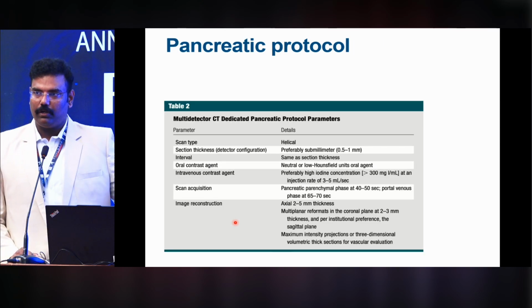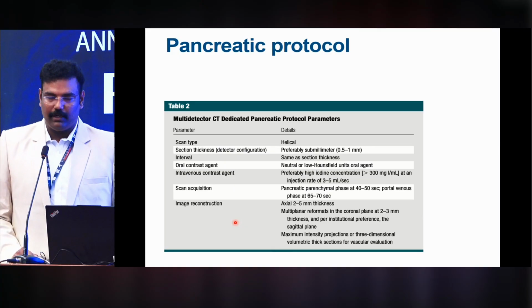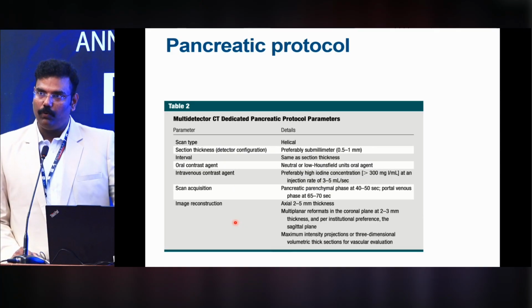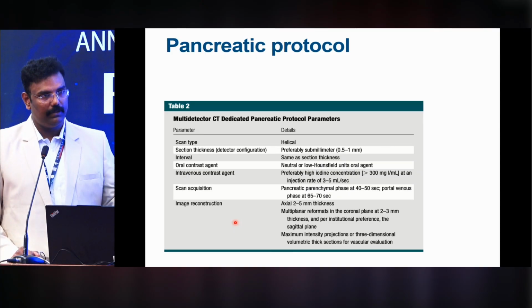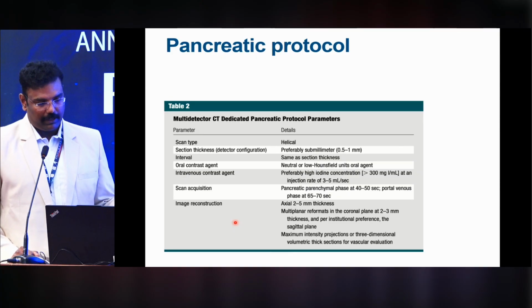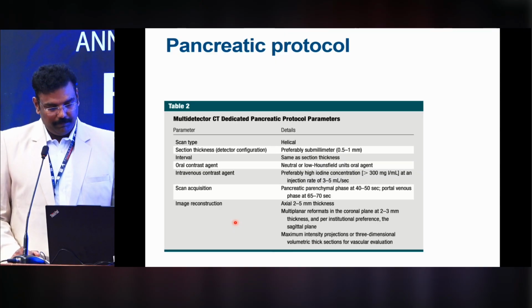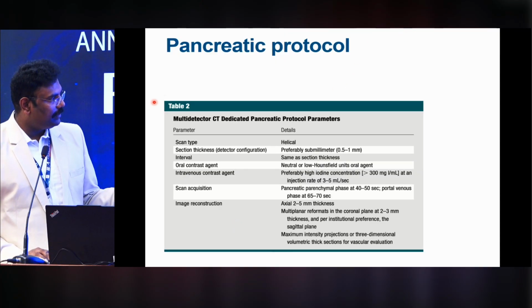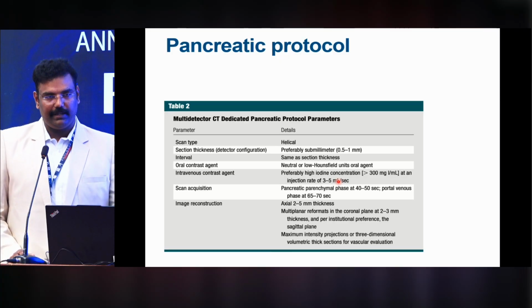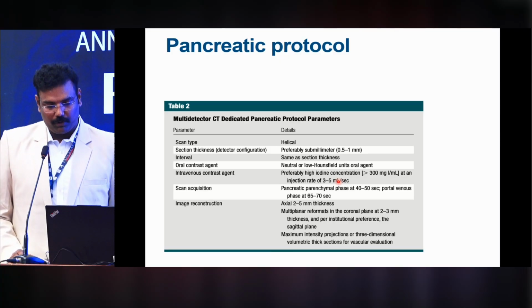This is the protocol laid out by the American Journal of Radiology regarding the technical details of how a pancreatic protocol needs to be performed. The slices need to be less than 1 mm, and neutral oral contrast needs to be given. The most important thing is regarding the phase. The pancreatic parenchymal phase or the late arterial phase should be part of the protocol